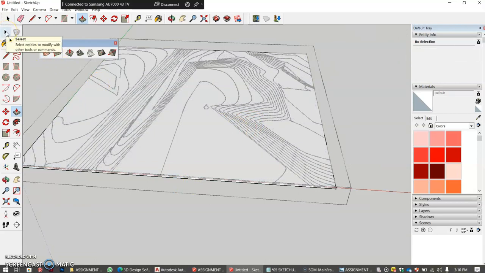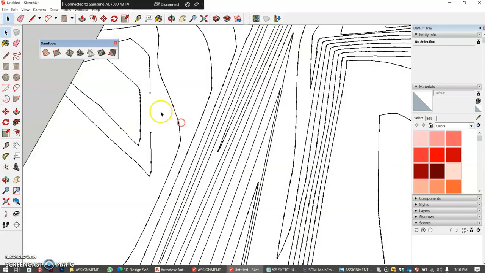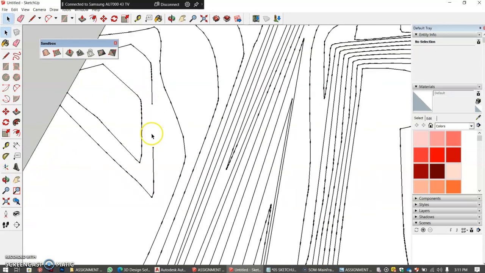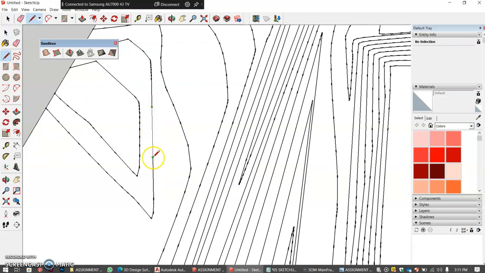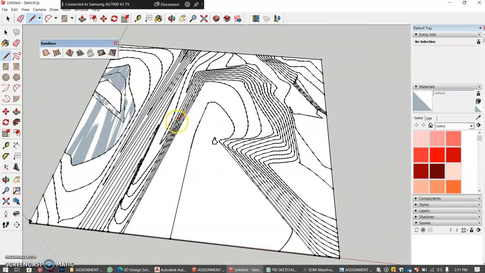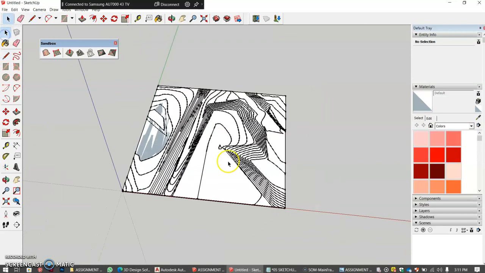And then once you've done that, you want to just join. I see there's that contour, the 13-meter contour is still open there, so you can just use your line tool to just join those two lines. Because you generate your faces, you need all your lines enclosed, and then go to the select tool,